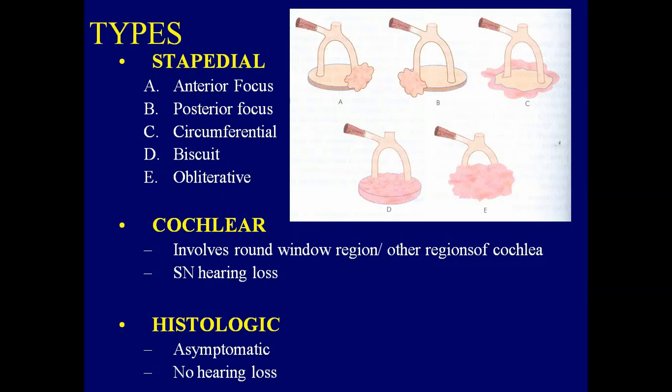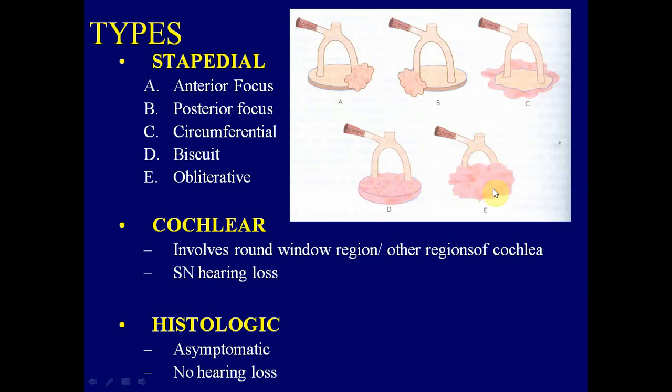Now, what are the types of otosclerosis? As I already mentioned, the most common site involved is the stapes footplate, and depending on the site of involvement on the stapes footplate, we have an anterior focus near the anterior crus, and a posterior focus near the posterior crus of the stapes. It can be circumferential, where the otosclerotic focus is seen on the periphery of the stapes footplate. It could be biscuit type, where the entire footplate is replaced by otosclerotic focus, but it is not extending beyond the footplate. Or it may be obliterative, where the entire footplate